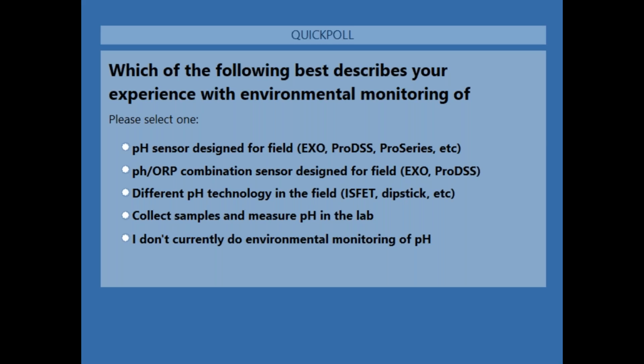Lots of ways to monitor pH out in the field or in a lab. Quite a few different techniques for doing so, and they all have their own advantages and disadvantages. Looks like we have quite a few votes in. I think we may